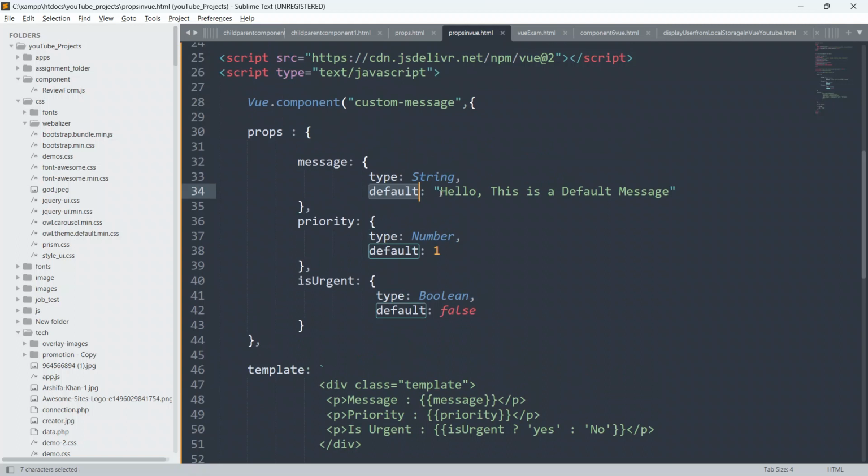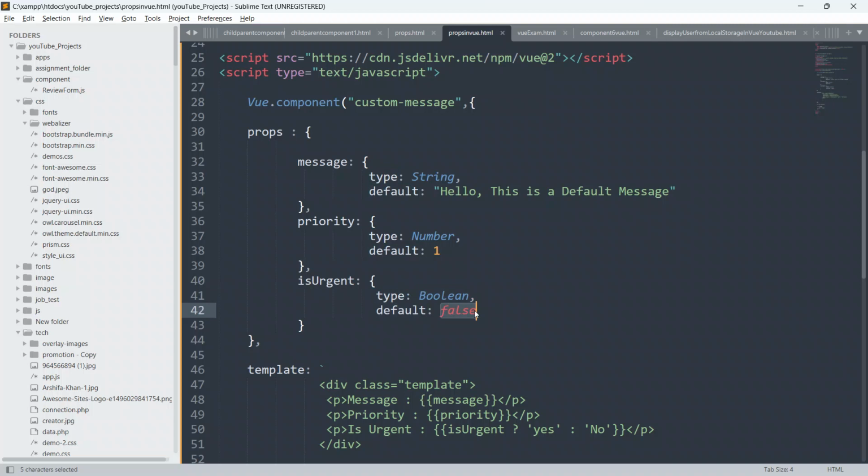We have to pass the key, separated by a colon, and then the value. So props or properties is a key value pair.